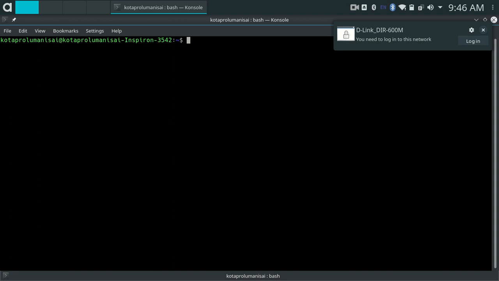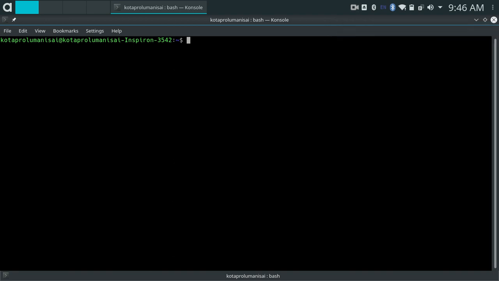If you are a student, you need to know the address of your home and the name of your parents. Likewise, in Linux, we need to know in which directory we are currently working. So in order to know the current working directory, we will pass a command known as pwd, which stands for present working directory. As you can see, it returns the path of the directory in which you are currently working. That is, here I am in home and Kotaprolu Manisai, which is my username.